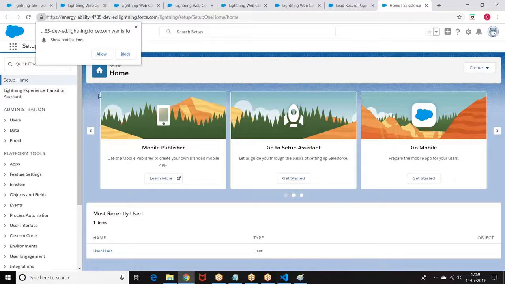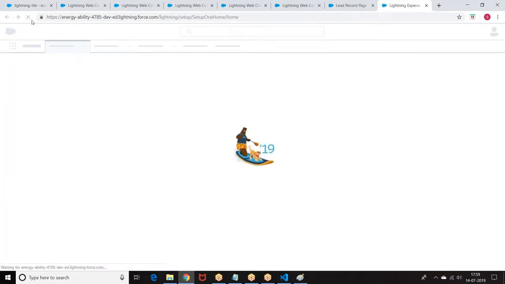Okay. Go back to the page. Refresh and see whether the component is received or not.